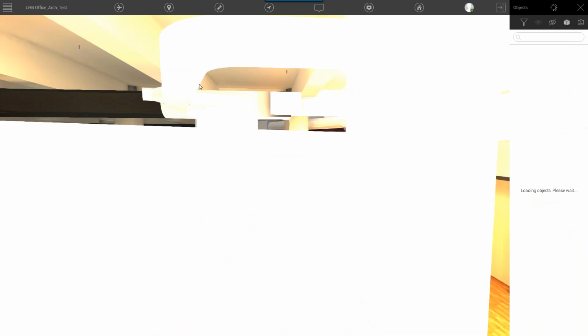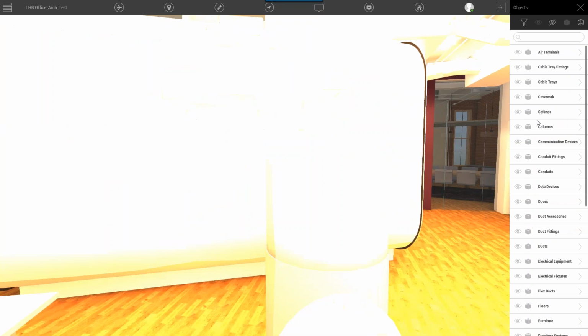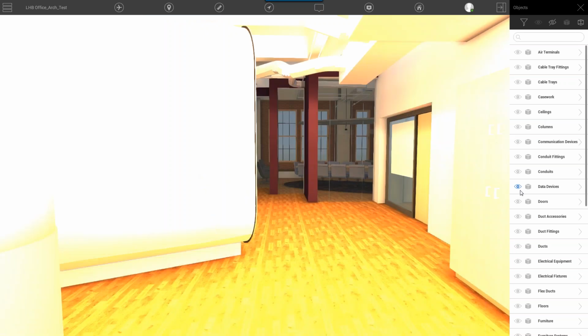One thing I forgot to mention is that with this object setting mode, once you're in the viewer, you can selectively hide things. So I just turned off the doors, and you can see that the doors disappeared. You can also make things like walls transparent so that you could walk down the hallway and see all the ductwork and the mechanical and electrical.